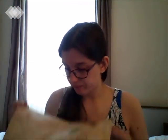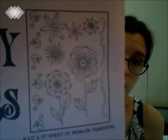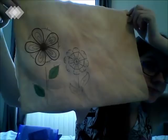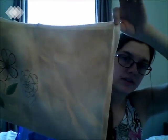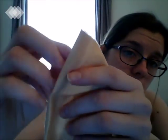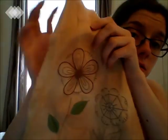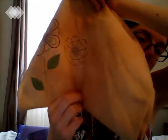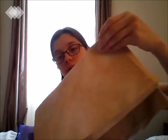And then I picked a couple of the transfers, so I picked the 2 big flowers so far and ironed them on, like so. To place them, I also ironed interfacing on the back of this. I've done the little seam allowance just so I knew where to position them. I've folded it and whatever. So yeah, ironed those on approximately 2 centimeters from the bottom,